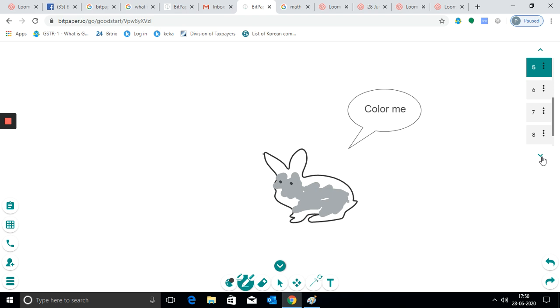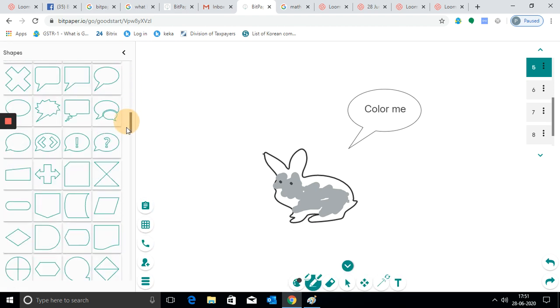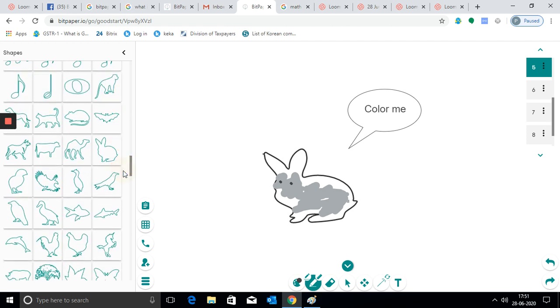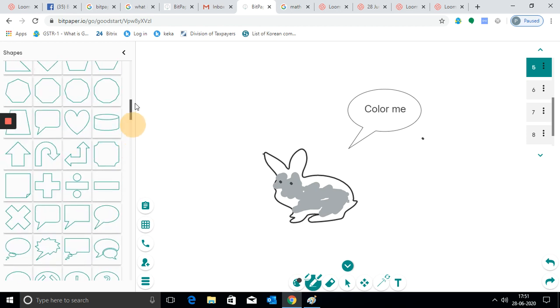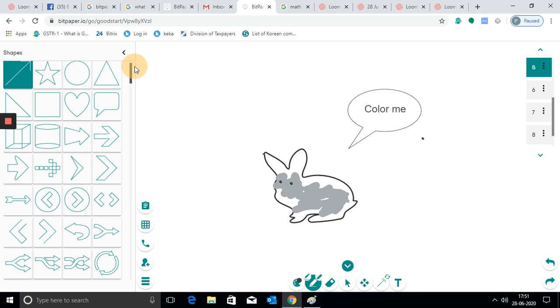And the next feature is you can insert figures and give an option of coloring. That option is there, and you can include text boxes. There are multiple figures inside.